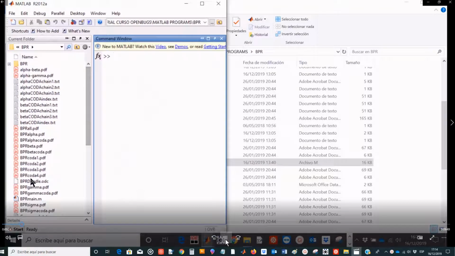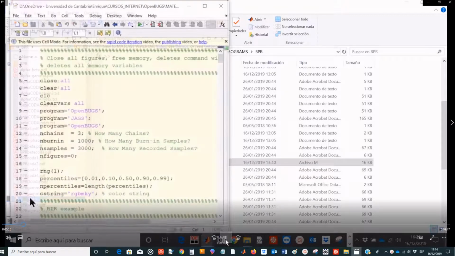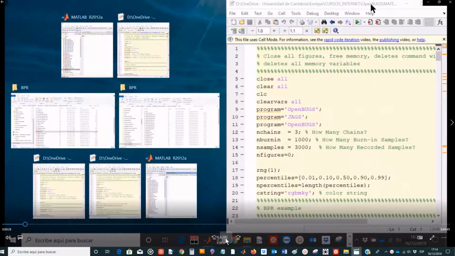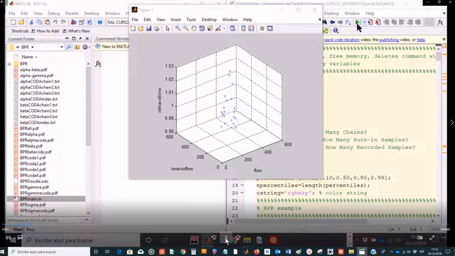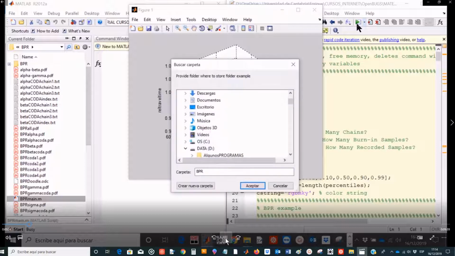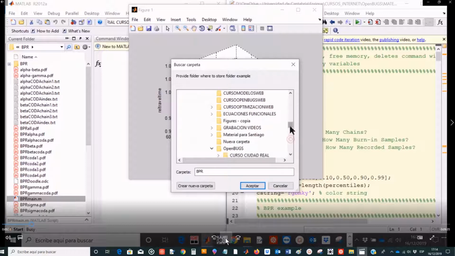The MATLAB window opens, and then we start the VPR main program. We start the program, and immediately it runs, and it gives first the data in a three-dimensional plot. Then we select a folder in which we want the results to be stored.